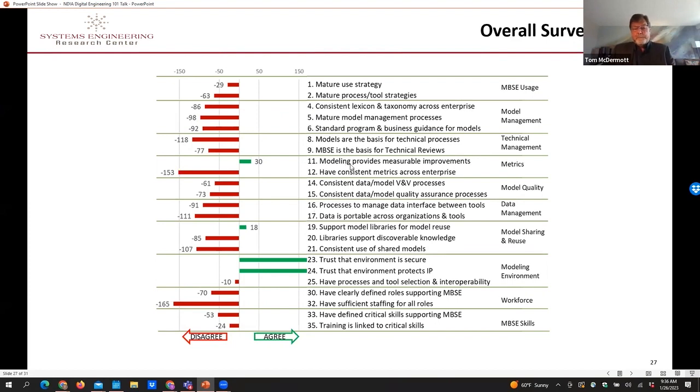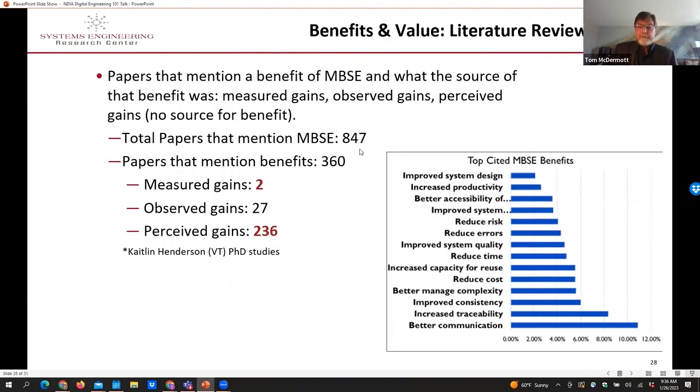Looking particularly at the benefit, measurable improvements of modeling versus can I measure it, you can see nobody knows how to measure it yet. And so we've been focusing on that. This has been an interesting study: our student looked at 847 papers that mentioned model-based system engineering, 360 of which pointed to the benefits.